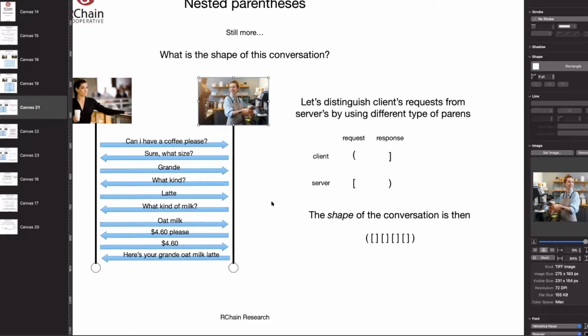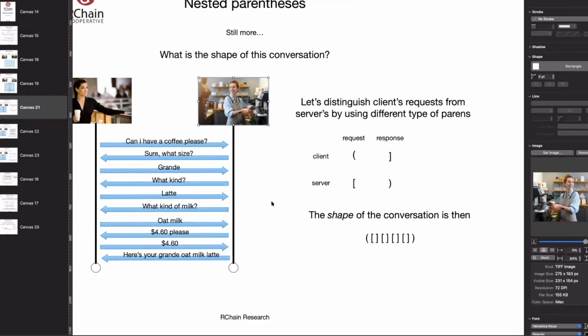There's client and server; those are two different roles, and then there's request and response, which are different kinds of actions associated with those roles. So the client request looks like a round paren, but a client response is a square paren. And a server request is a square paren, and a server response is a round paren.